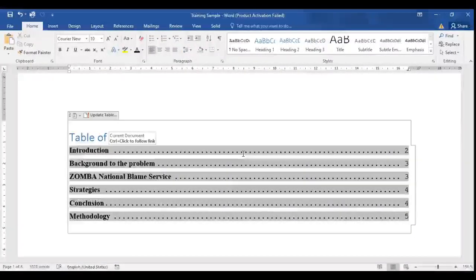I hope this helps you to work through Microsoft Word without a problem in terms of creating a table of